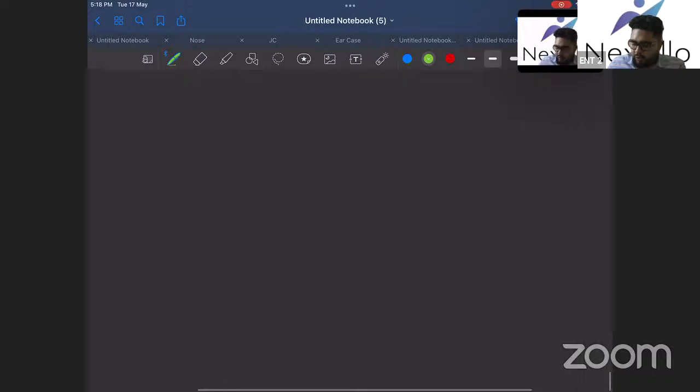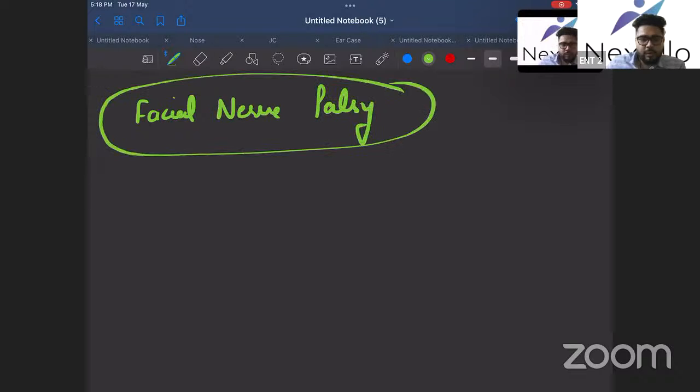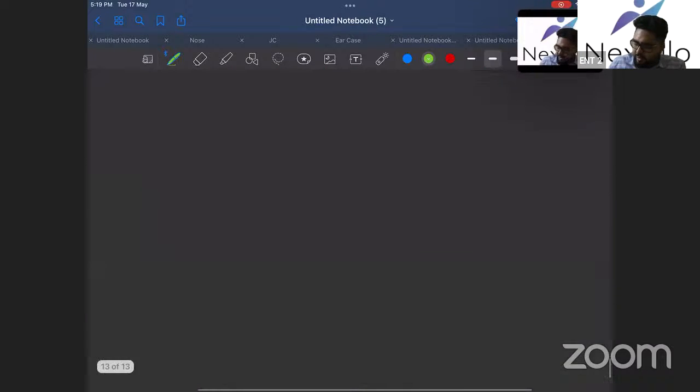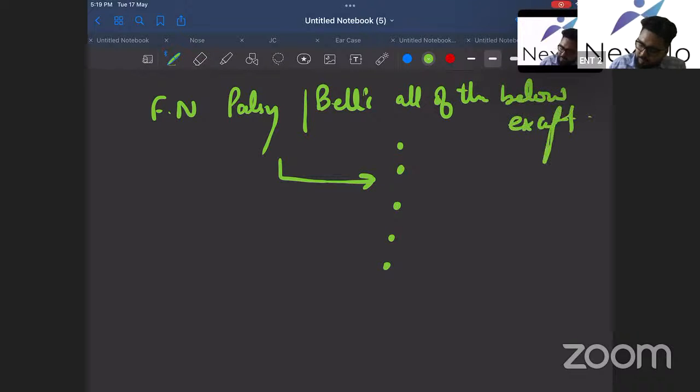Okay, so before ending the facial nerve topic, I have a very important question for all of you. In facial nerve palsy, usually people are unable to close their eye. The eye closure is not there. That leads to dryness in the eye. But if there is a question, facial nerve palsy or Bell's palsy can present as all of the above or all of the below, except, and your options are